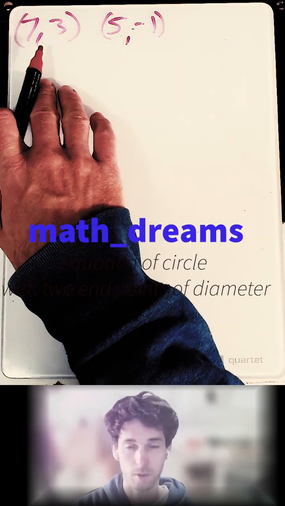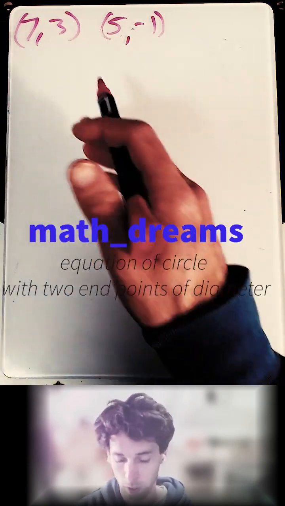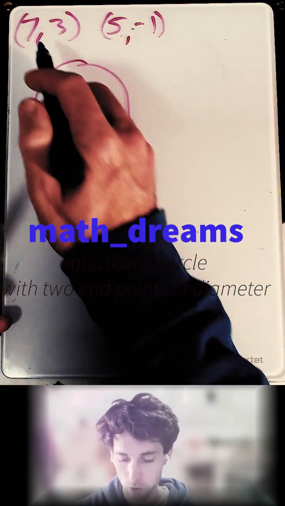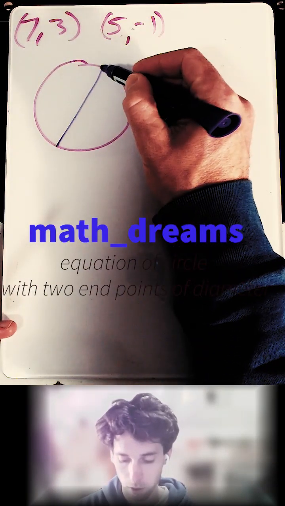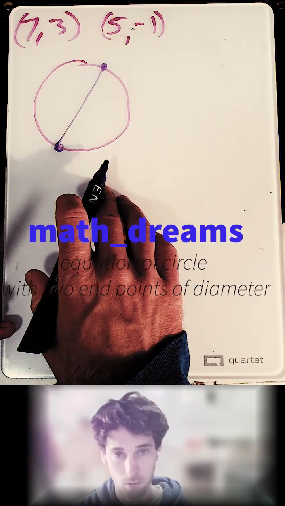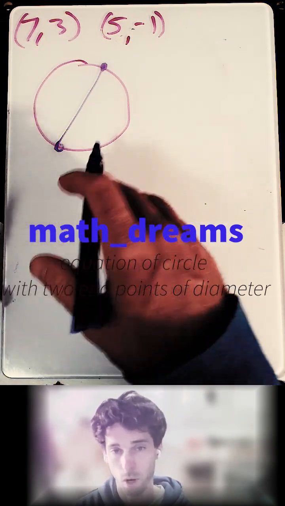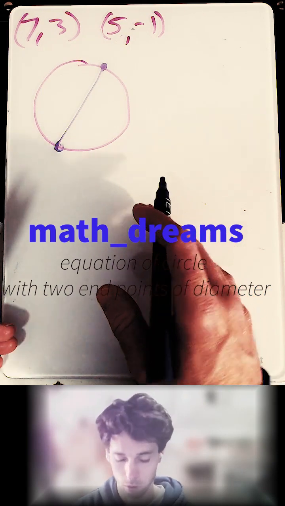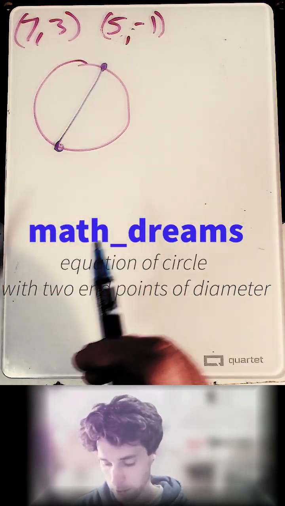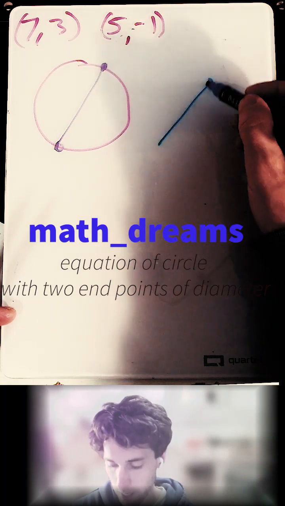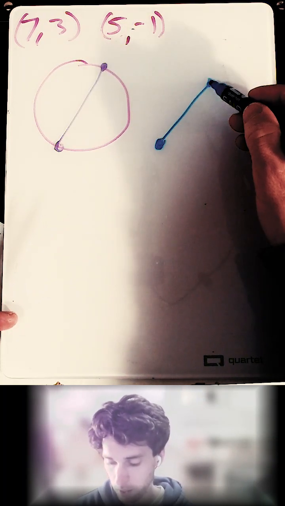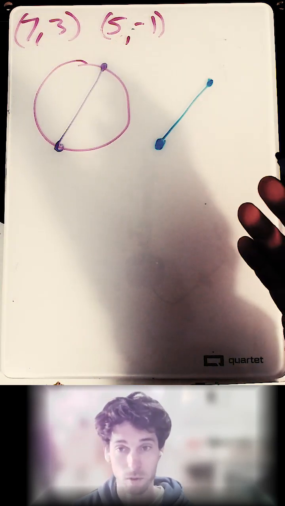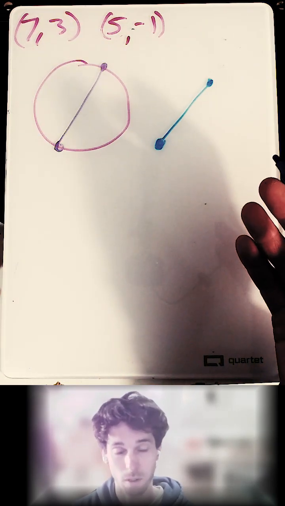I have a student who has this problem on his homework, and the problem states that if you know 2 points that are endpoints on the diameter of a circle, write the equation for the circle in standard form. So one thing to recognize is that if you have 2 points, you can then make an equation for a circle from that, and that's pretty powerful, because then you